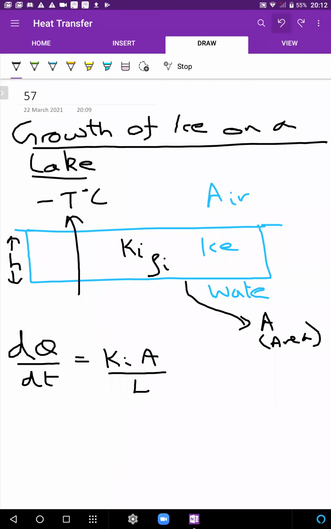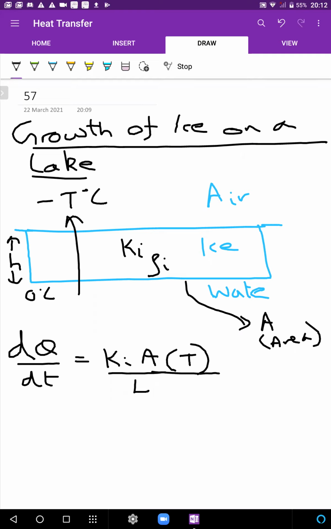तो वो जब करोगे, अच्छा यहाँ का temperature होगा कितना, है ना, आइस के just नीचे, of course the temperature is going to be 0 degrees Celsius. है ना, this is the portion of water which is just about to freeze and become ice. So very close to ice, the temperature of water is going to be almost 0 degrees Celsius. So Ki A by L temperature difference. Okay? So instead of writing minus T minus 0, I'm making that minus sign disappear and directly I'm writing T. Okay? I hope that makes sense.